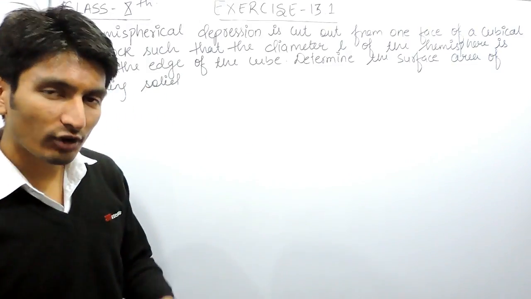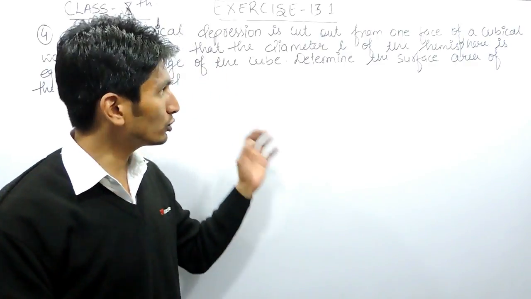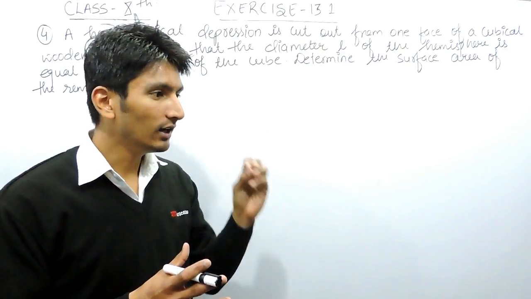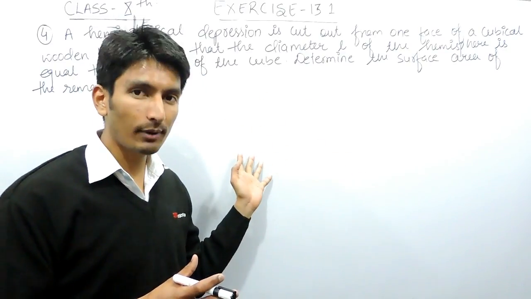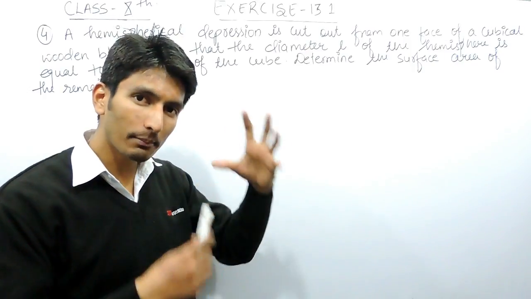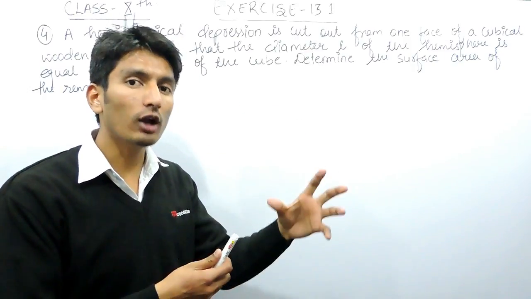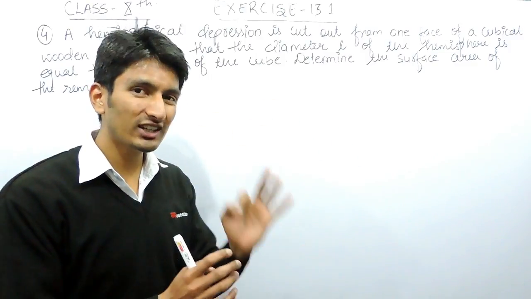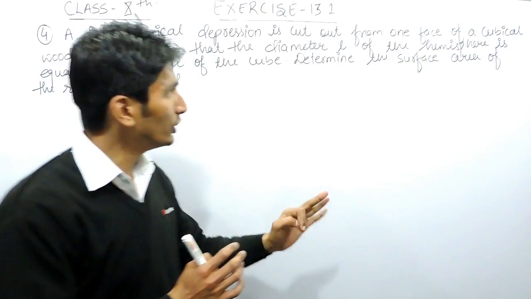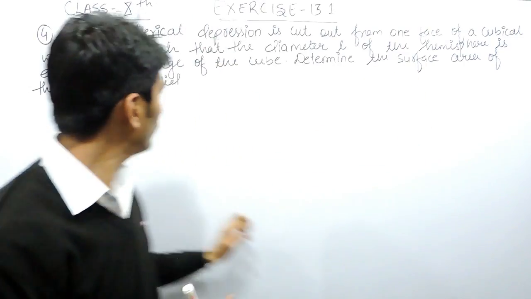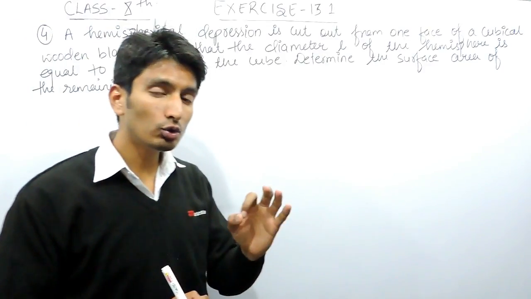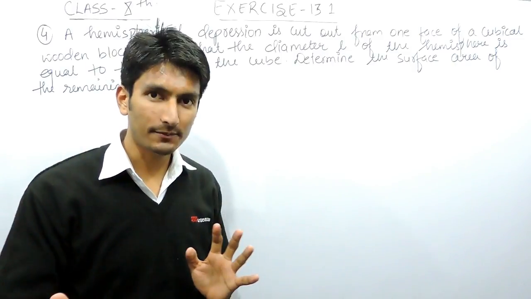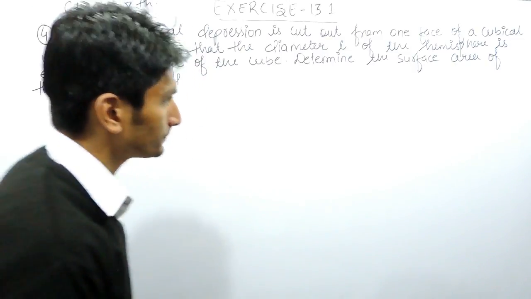First of all, as I've already discussed in previous videos, to solve these kinds of questions you have to picturize the figure the question is talking about. Make a 3D picture in your mind and solve accordingly; that will make your solution easy. To find the surface area of the remaining solid, you need to find the area of the surface which is visible to you, not the complete one. Now let's solve this question.